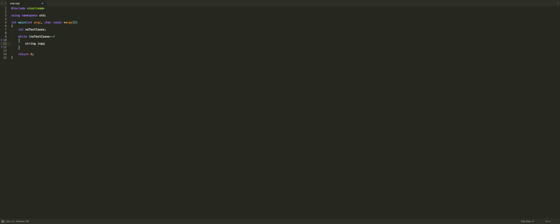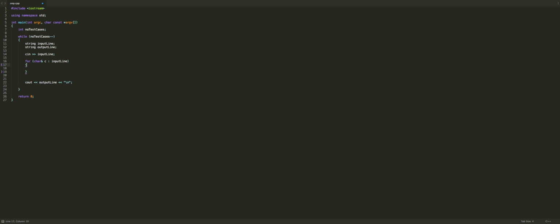So input line, and then we quickly take this input line, and we'll also have this output line with us, in which we'll print the output, and I'll quickly write it here. So output line, slash n, and yeah, let's see. So for character C in input line,